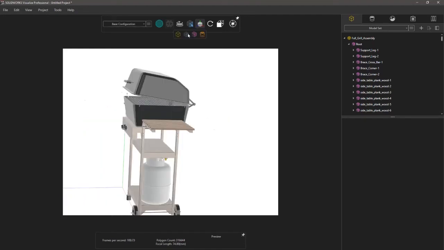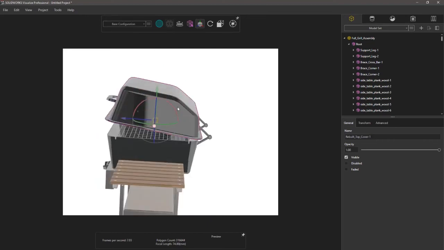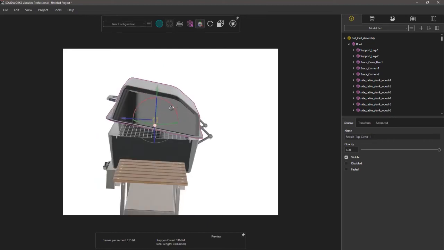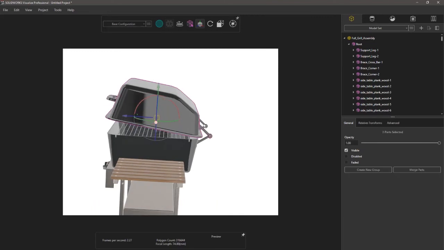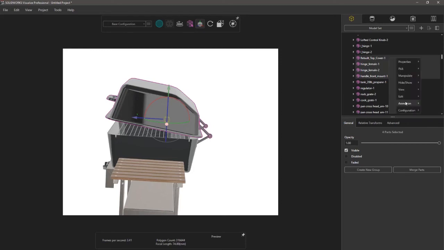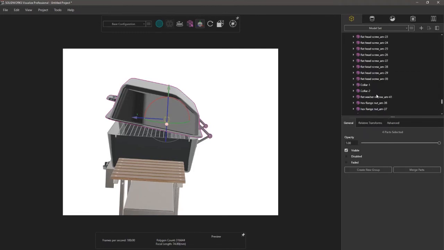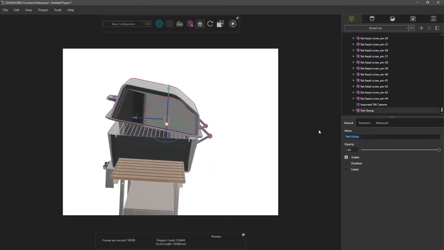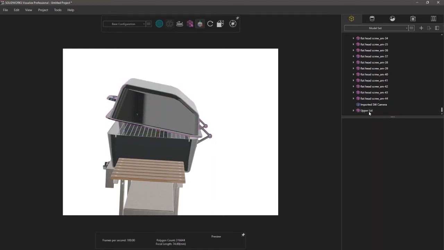So I'll go to my group selection, and you see now I can select just the lid there. I'm in preview mode, so it's not rendering right now. But I can select my components. There are no mates in here, so you have to manually transform things. But you can make it easier by selecting these, right-clicking, and moving them to a new group, which is basically a selectable group of entities. I'll call this my upper lid, and maybe I want to see it closed. So now I select that upper lid group,